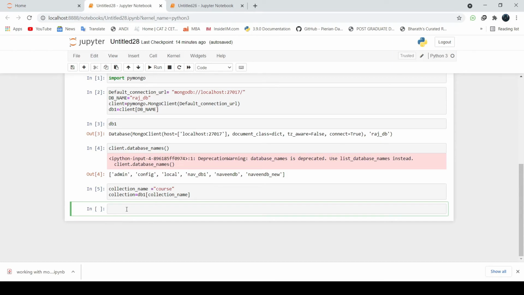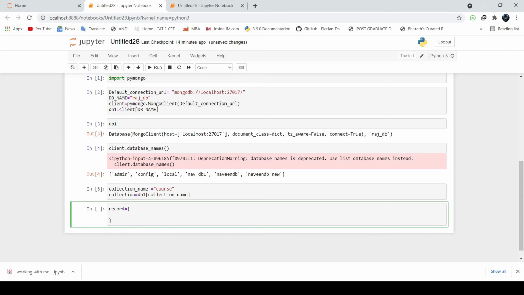So let's append some record equals. Now since I said the query is something different, the inserting of these records will be different. It's in a particular key value pair, which you must know as a dictionary in Python, which has a key and a value pair.